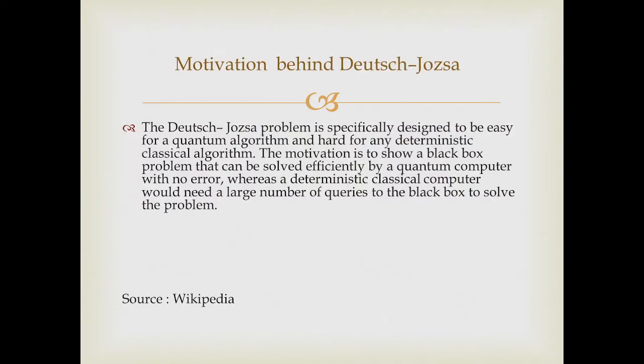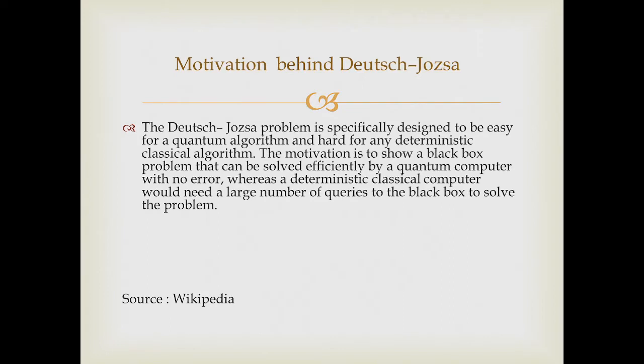So we are going to try and solve a problem using this algorithm. So what is the problem? And we can say that this is one of the first algorithms that can prove the quantum advantage over classical computers. So it is very important for us, even though we are not going to use it in real life problems. So the problem here is that we have a function, and we don't know what that function does,